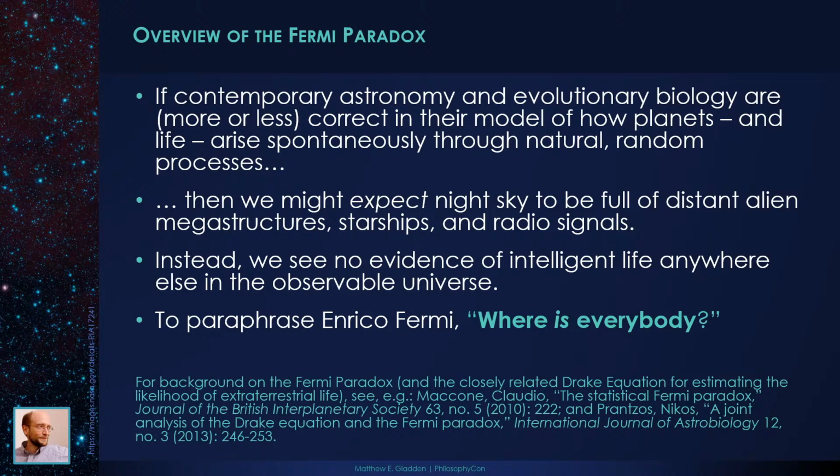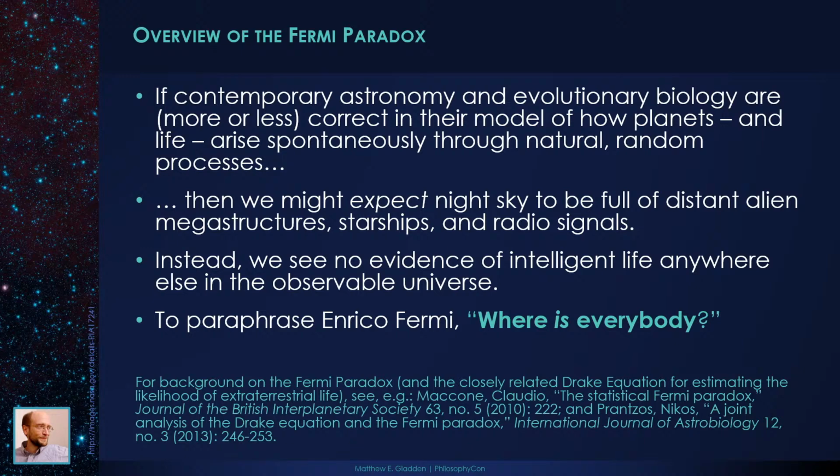Some scholars have suggested that if even one alien species were to develop spaceships that could travel at just 1% of the speed of light, then that species should be able to colonize an entire galaxy over the course of just 100 million years. So if contemporary astronomy and biology are correct, then when we look up into the night sky, we should expect to see a sky that's full of distant alien megastructures and starships in whatever direction we